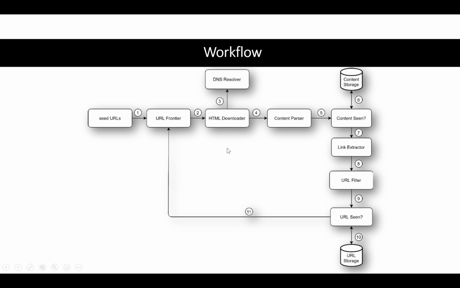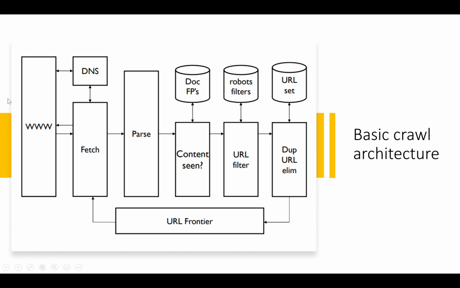Okay, so now we'll look at the very high-level diagram of this process. This is basically a crawl architecture. It's very simple. You can see the same diagram but represented differently. From the website, you get the DNS, you get the IP address, go and fetch the content from the web page, parse the content,